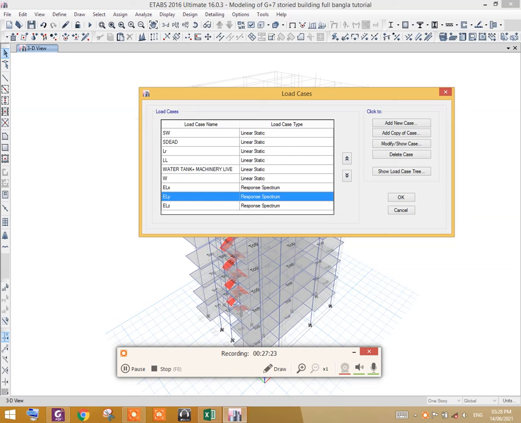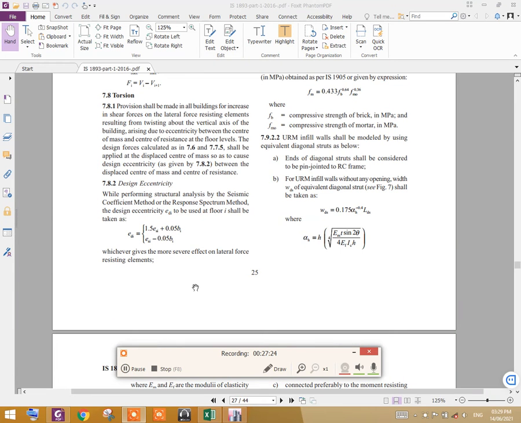All done. Hello guys, I would like to convey that in the design eccentricity section it is said that while performing structural analysis by the seismic coefficient method or the response spectrum method, the design eccentricity EDI to be used at floor I shall be taken as by these values.